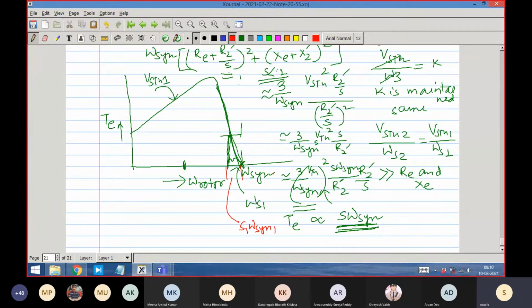That is, this is corresponding to omega sin 1. This is the new omega sin, I can call it omega sin 2. New omega sin I have applied. If you want to get a number, initial omega sin was corresponding to supply frequency 50 Hz. We can think that the second omega sin corresponds to the supply frequency of 25 Hz.